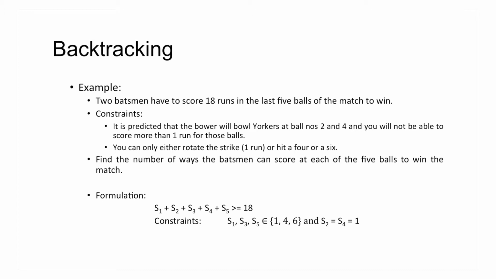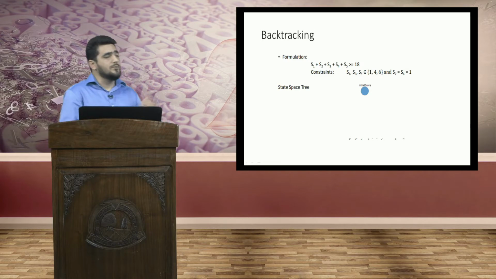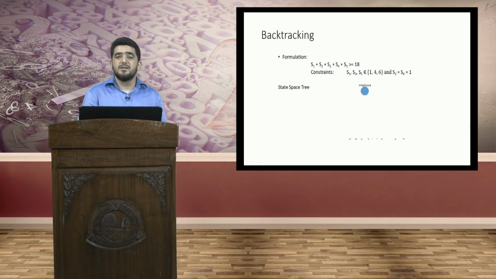Yes, you might consider that there could be sheer luck, that the batsman might get runs from a no ball, from wide balls, and so on and so forth. But for the time being, we are not considering all those possibilities. So we are sticking to the constraints that have been specified in the problem, and the objective is to score 18 runs. So based on this formulation, we'll try to find all the possibilities by which the two